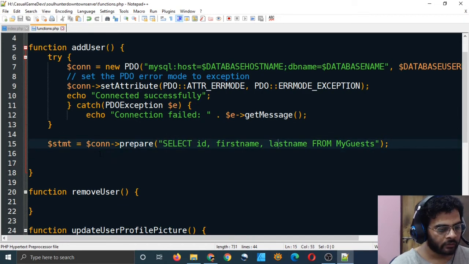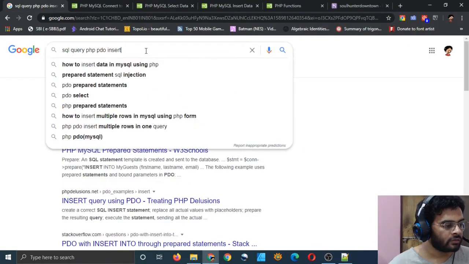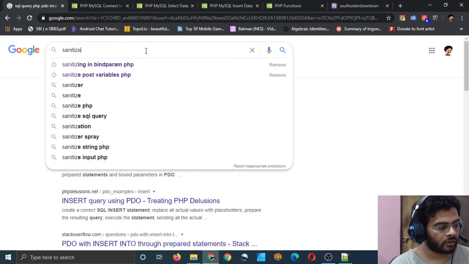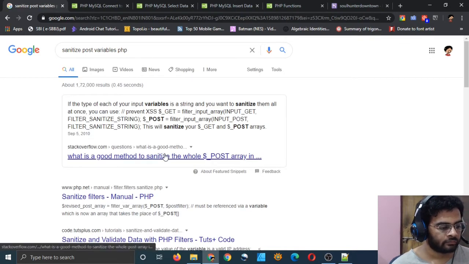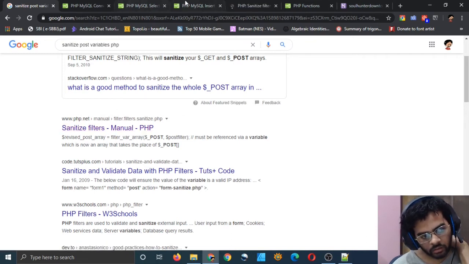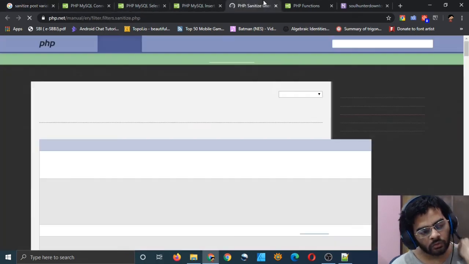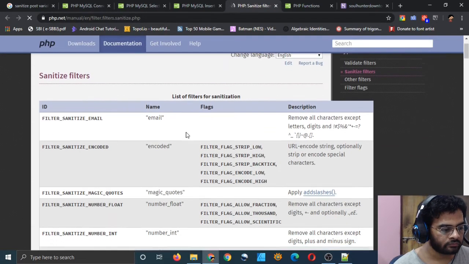And first thing before this, we will be receiving our data from the game. When a user registers their account, we have to first sanitize that data and sanitize post variables in PHP. Go to php.net and look at how to sanitize.